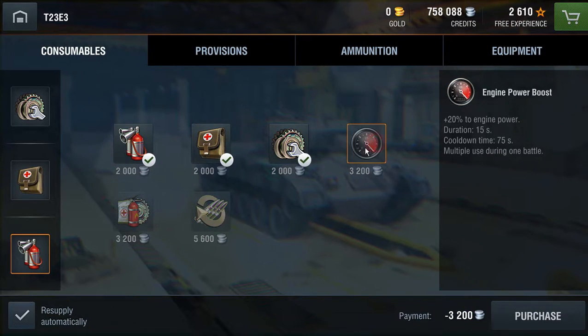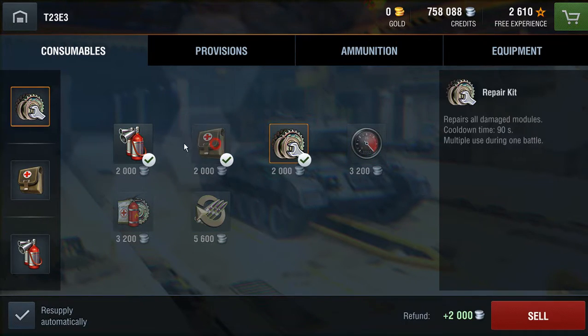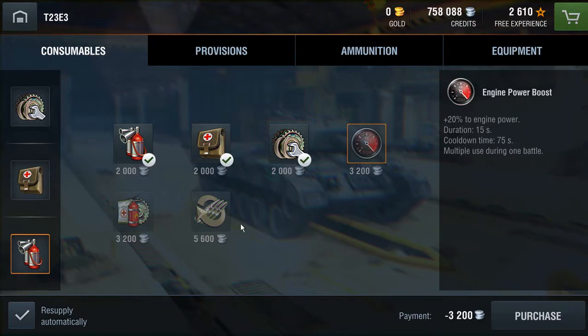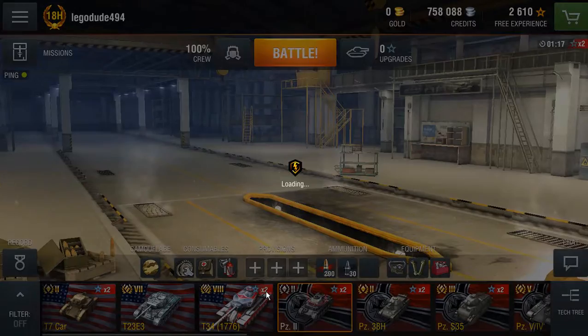And I don't really use these. I mean, I probably could. And this is probably a useful thing for this tank, and so is this, to be honest, for the extra chance of damaging modules and the extra speed and the extra engine power. But really, I just prefer to go with each individual consumable. So, yeah, up to you really whether you want to go for all three of them or whether you want to get some adrenaline or engine power boost to actually fit a couple of these. But I go with each one individually on every tank, as you can see. So